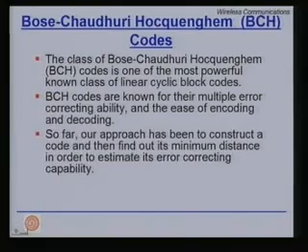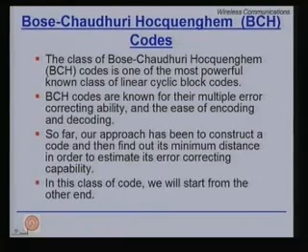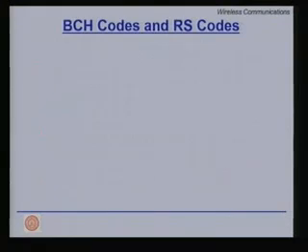So, it is the other way around. So far, we construct a code and then find the minimum distance, and we talk about how many errors it can correct. If you go the other way around, it asks for the parameter, how many errors are required to be corrected by the code, and then constructs a code accordingly. So, in this case, we start at the other end.